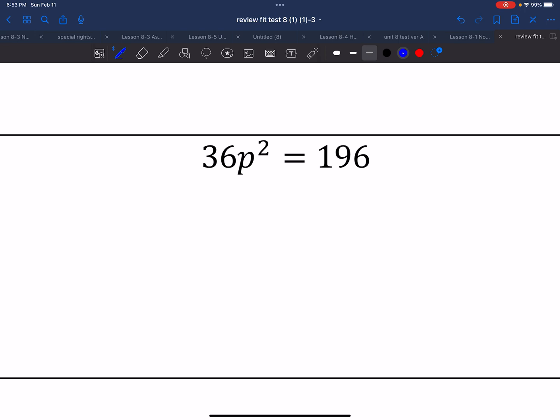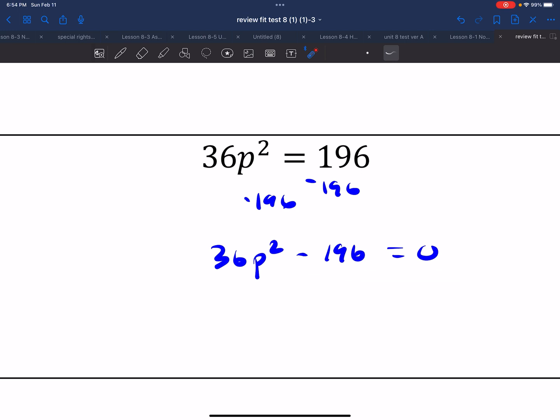This one is weird, but basically, when you're solving, you need to make sure that the other side is 0. So 36p squared minus 196 equals 0. If you see something like this, take the square root of this and see if you get a nice number. And take the square root of this and see if you also get a nice number, because you want to know if 36 and 196 are perfect squares. I know for sure 36 is a perfect square, but not many people know that 196 is a perfect square as well. So please, please, please put it in the calculator to verify, to see if you're going to be